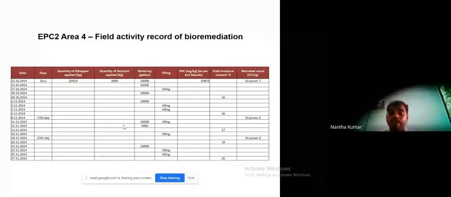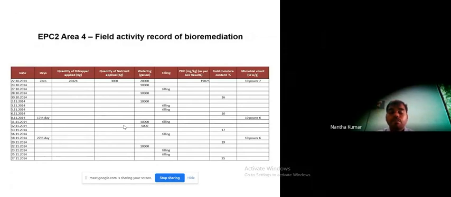Moisture is a very important factor, which we discussed previously. We have to maintain all the abiotic factors. Watering is mainly needed because temperatures go up to 48 degrees also, so maintaining the ideal temperature is very challenging. We have to make the site always moist, so we have to systematically apply the water at regular intervals.